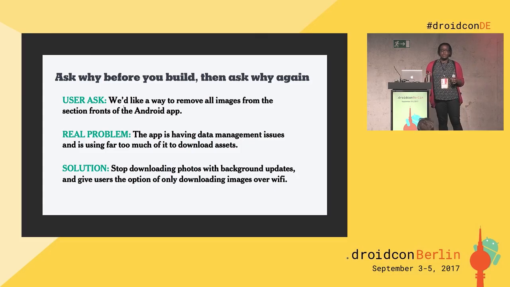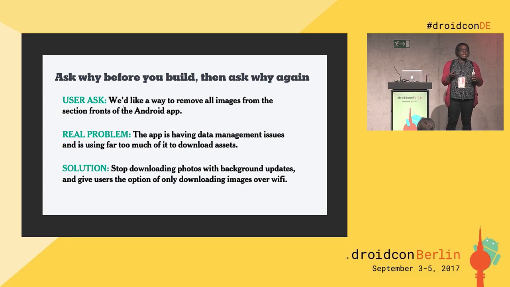There are lots of times where you can take the thing that a user perceives as an issue and take the context in which they're coming to your product, put those together and discover that there's a deeper hidden need that wasn't immediately obvious until you asked more questions. So the example I have up on the slides. Perhaps we got a request saying, please remove all the photos from the app. There could be lots of reasons why you're asking for that. Maybe you just want more density in the reading experience and you think our app is too visual. But maybe when we start asking you questions, your concern is data.